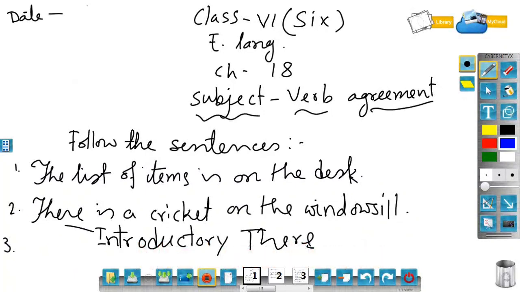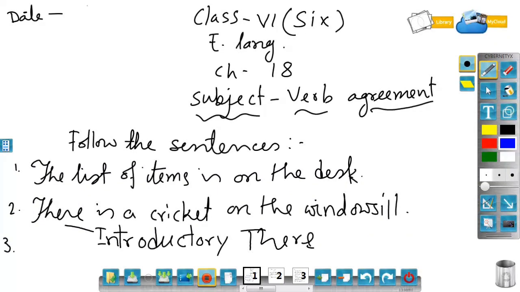Class 6. Now this is your English language class. Open your book and take your notebook. Chapter 18. Subject verb agreement. Now follow